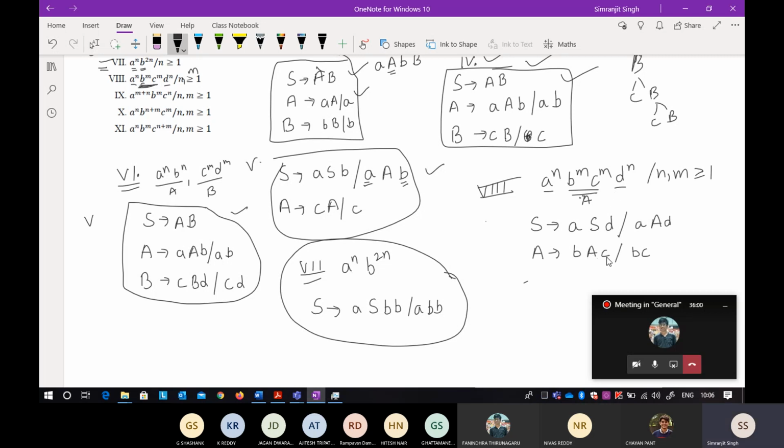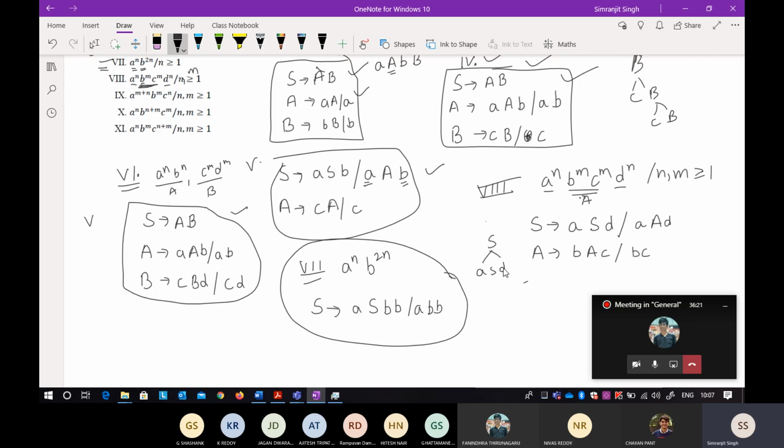Okay, so both of you have ASD, ASD, ASD, AAD. Yeah, absolutely correct. Both of the answers given by Phanindra and Jagan are absolutely correct. If you are thinking about it, just take a little bit of time and derive a syntax tree. There is no hurry in that. The syntax tree will not take any time.